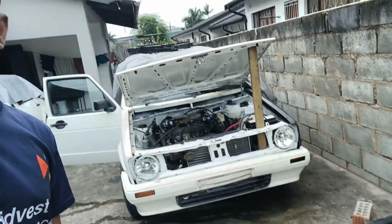So obviously I can't finish this job. But we're just going to put the sump back into its place and leave it for a while until the customer gets the correct sump. But then I have a MPI